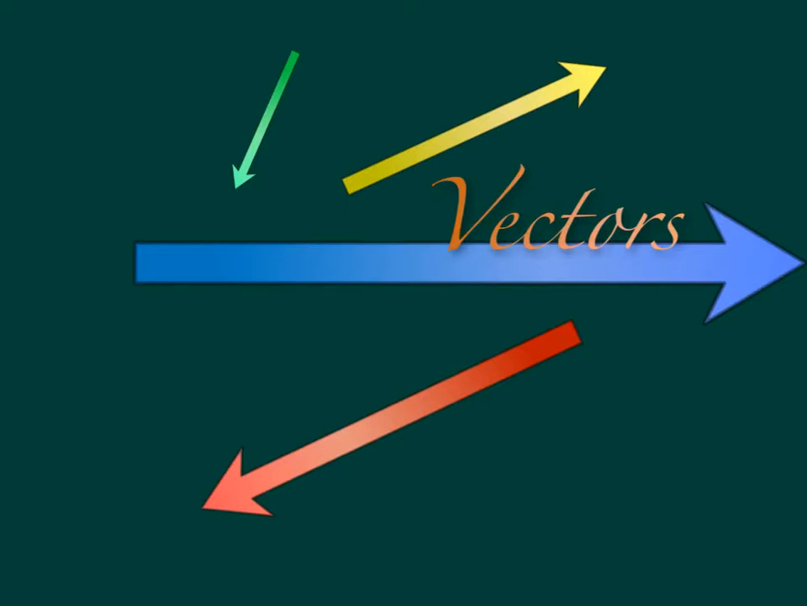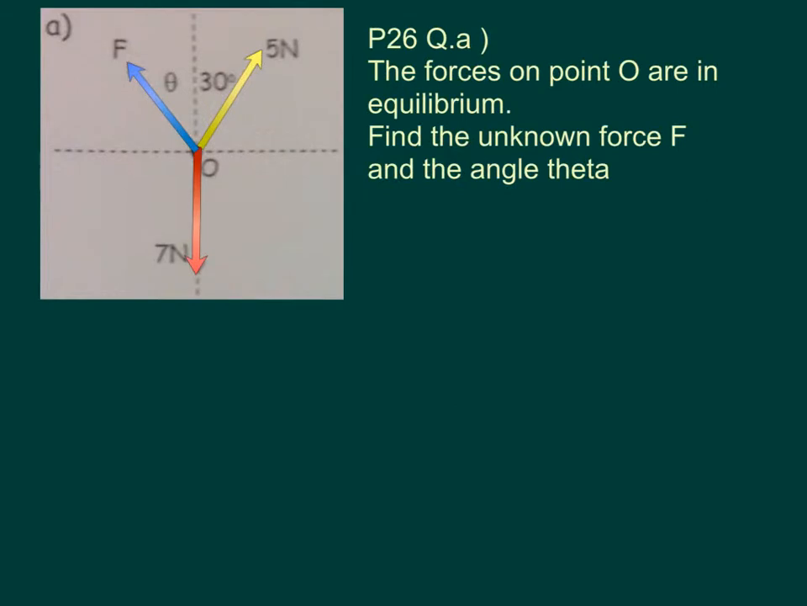Continuing our series on vectors here, we're going to look at cases where vectors are in equilibrium. Here's an example of vector equilibrium. In this question you have three forces acting, 7 newtons down, F, an unknown force at an angle theta to